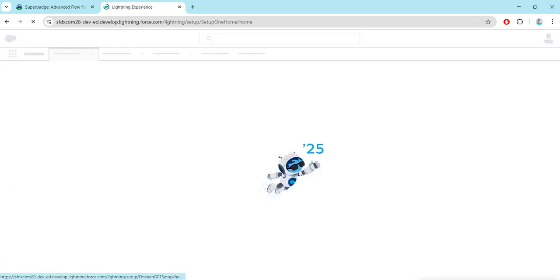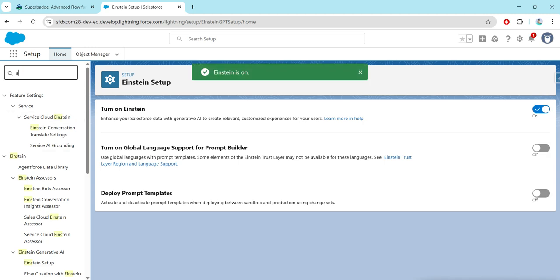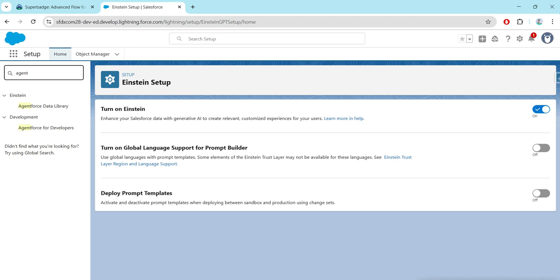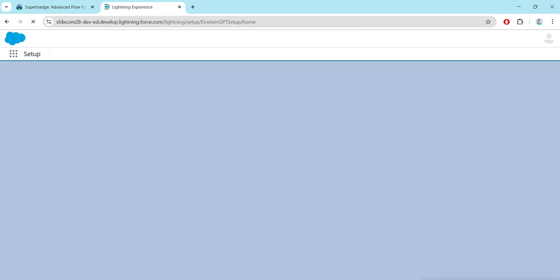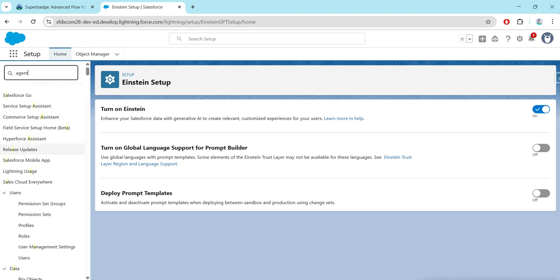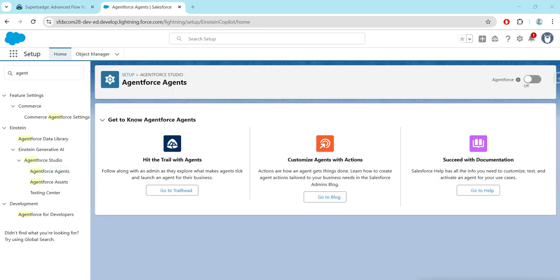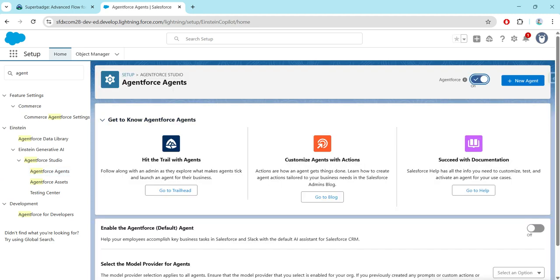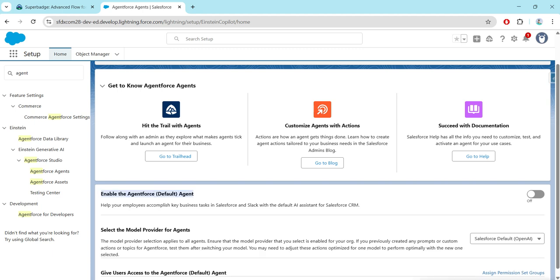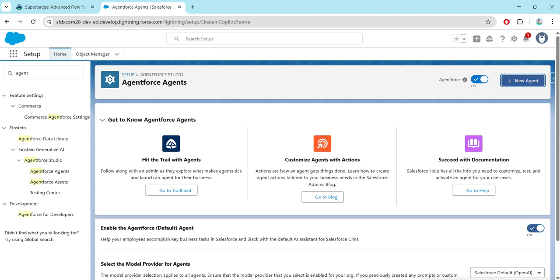Once you find the result, just click on it. Let's toggle this on. And now let's go to our quick find and search for agent. Before that, let's give our refresh once. And now let's search for agent and go to Agentforce agents. Let's toggle this on as well, and then if we come down, let's toggle on enable the Agentforce default agent as well. Once it is done, click on new agent